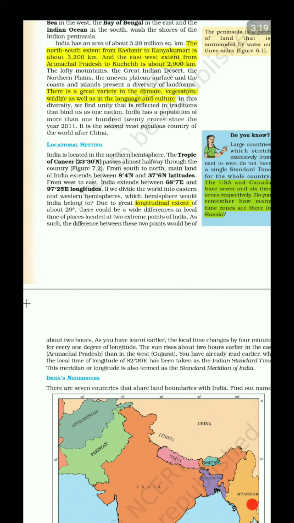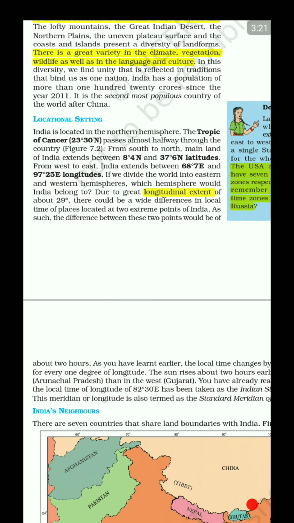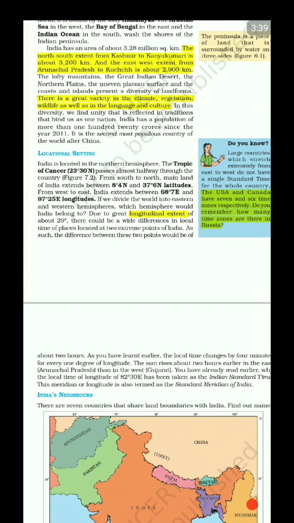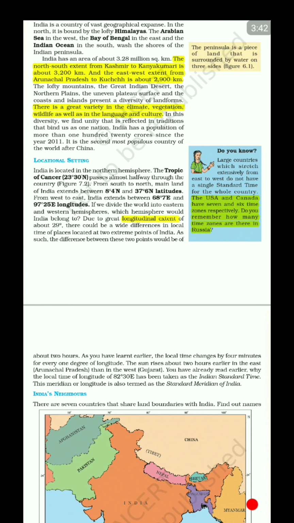Later, we have seen that if we divide the world into eastern and western hemispheres, India belongs definitely to the eastern hemisphere. Now, due to the great longitudinal extent of about 29 to 30 degrees, there could be wide differences in the local time of the places located at the two extreme points of India. As such, the difference between the 2 points would be about 2 hours, right? But even though there is a difference of 2 hours, like China, which has a single standard time for the whole country, the Beijing time, India also has a standard time